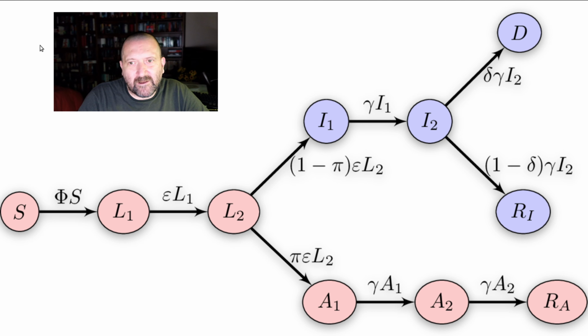Except that what is happening here is that both I, A, and L have, in this case, two compartments. So what this is saying is, and so we're focusing here, I've made the rates the same. You see this epsilon here is the same for L1 and L2. The gamma is the same for I1 and I2, and actually also A1 and A2.